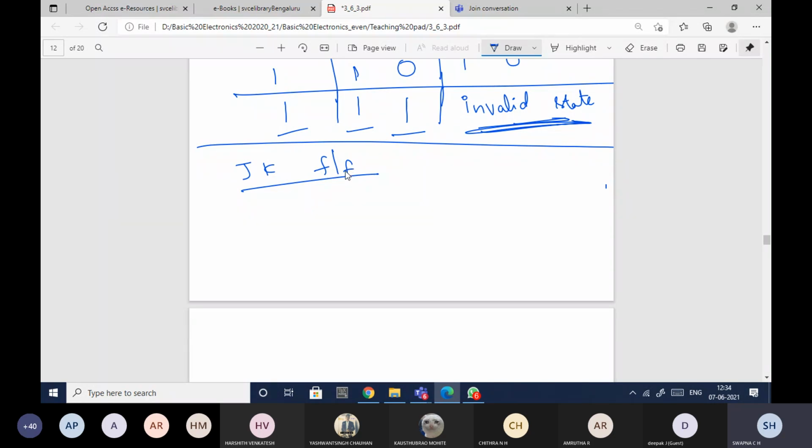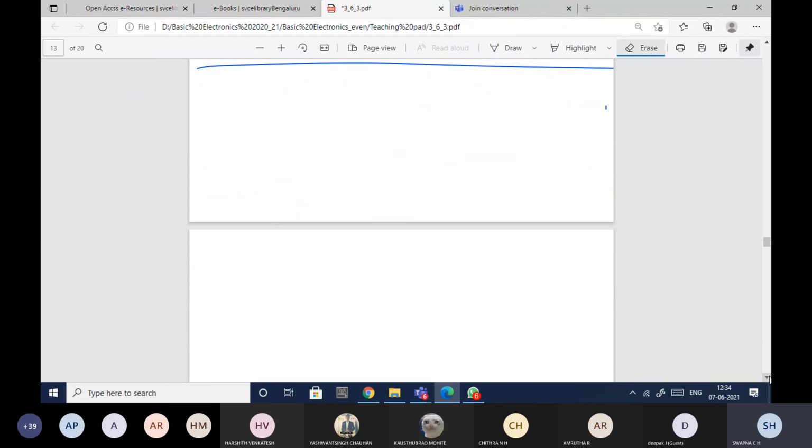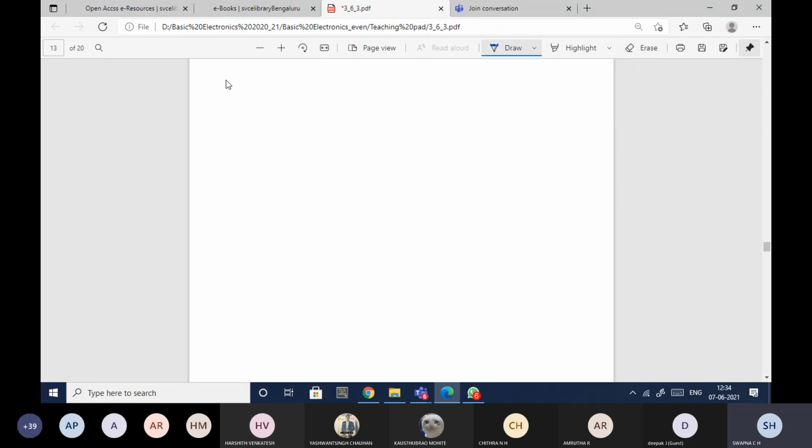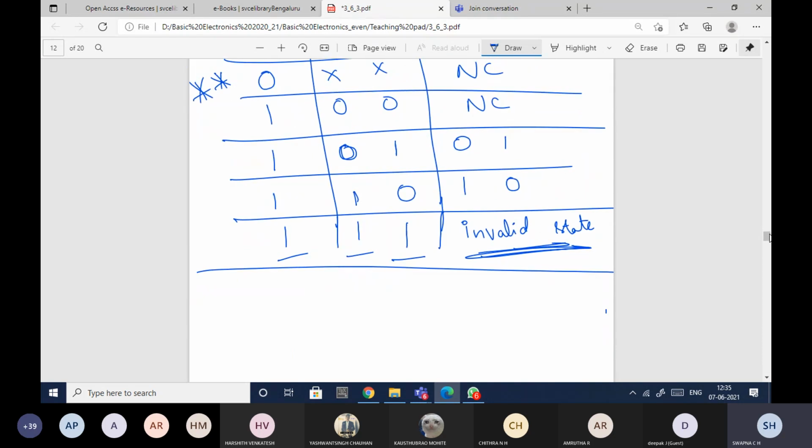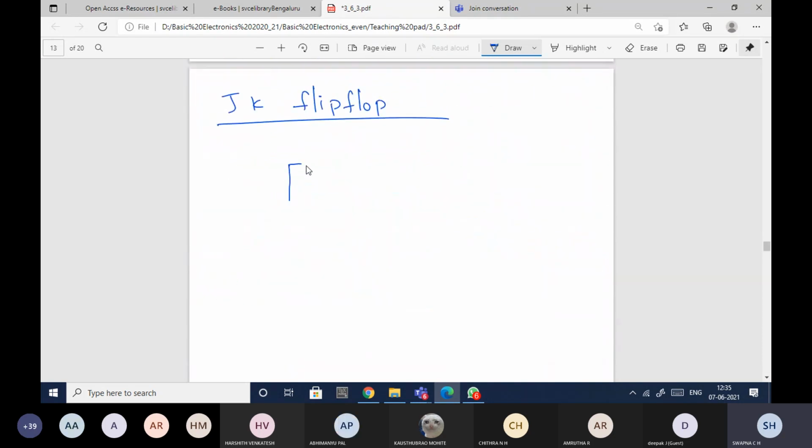Okay, so all of you note the circuit. From now onwards, whatever I'm doing, you can write it parallelly along with me. Let me take it to the next page because I have the diagram. JK flip-flop. F/F is nothing but flip-flop, a short way of writing it. The JK flip-flop will eliminate the last invalid state of the SR flip-flop. So the flip-flop is in this way.